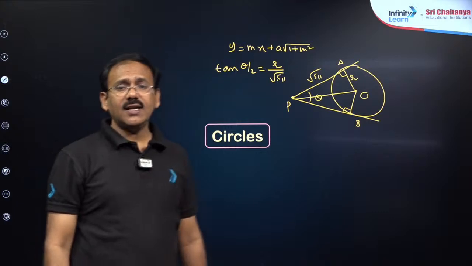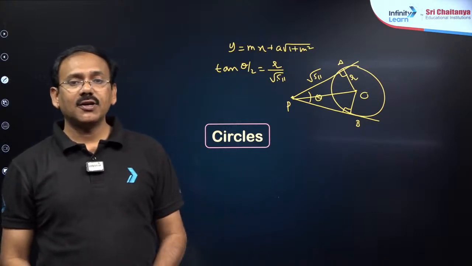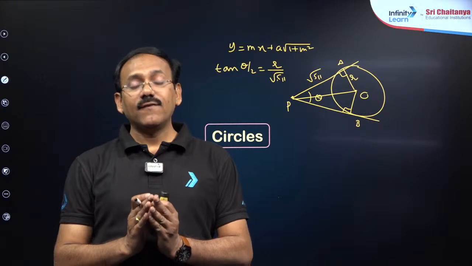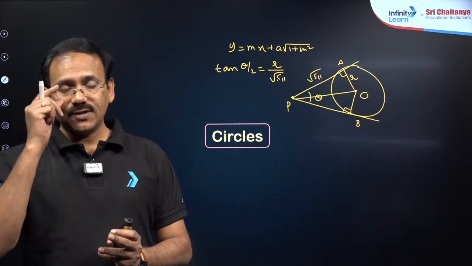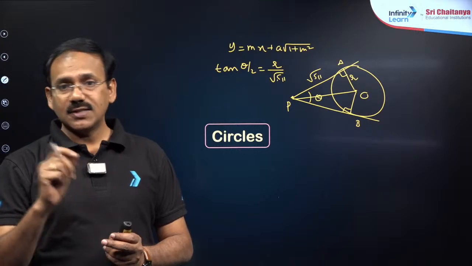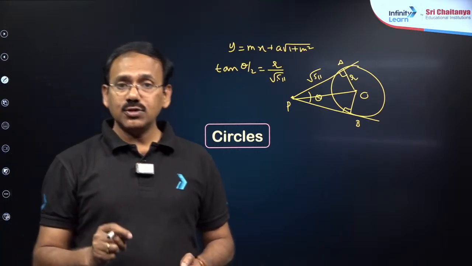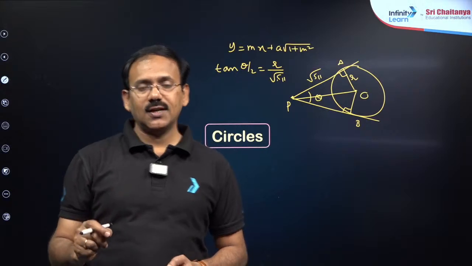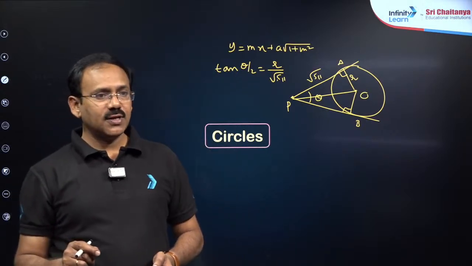So generally in circle, what are important? Various forms of equation of a circle are important, followed by, dear students, a point and a circle. If a point is given and the circle equation is given, how to check whether it is interior or exterior or on the circle. So it is going to be, dear students,